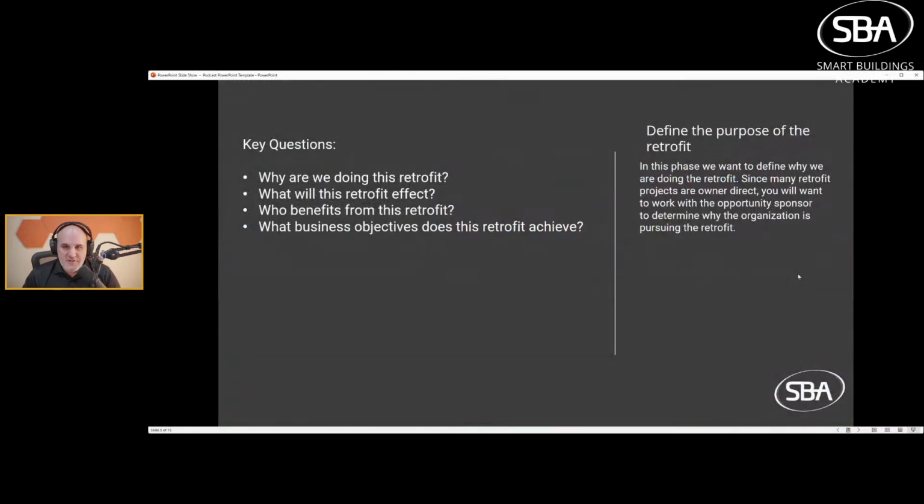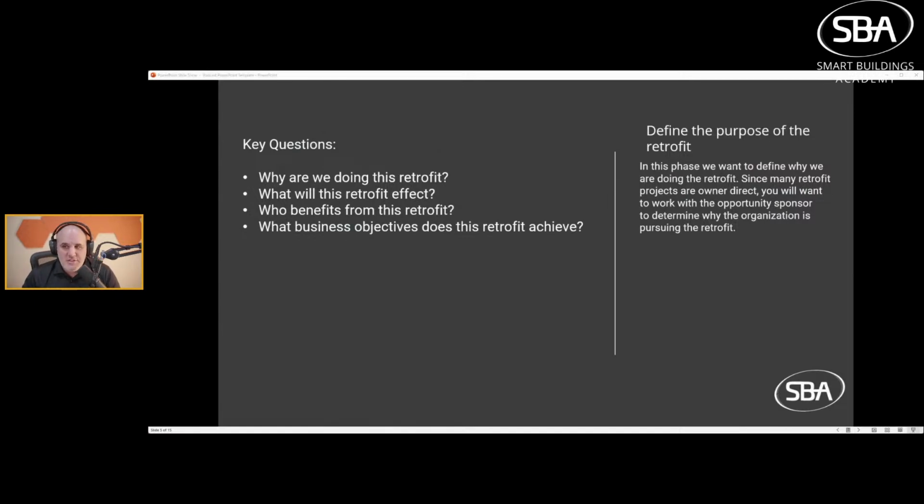All right, so first things first, let's define the purpose of the retrofit. And what you're going to see on these slides is the descriptive on the right, and you're going to see key questions I want you to focus in on. I could give you a ton more information than this, but I tried to narrow it down to what I could fit on a page. What I think is, if you ask these questions, you'll be way better off than someone who is not